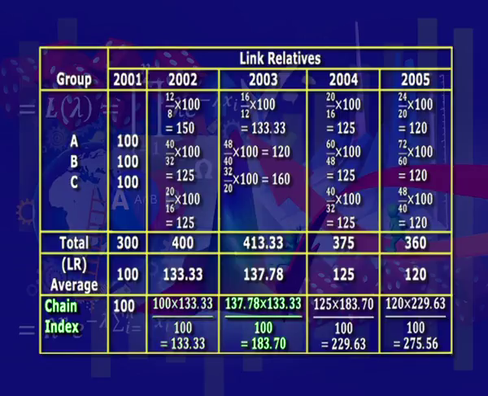Similarly, for the year 2003, the chain index is given by the link relative of 2003 multiplied by the chain index of the earlier year 2002 divided by 100. That means 137.78 multiplied by 133.33 divided by 100, which comes out 183.70. In a similar way,